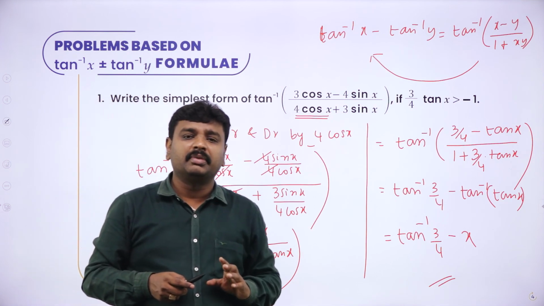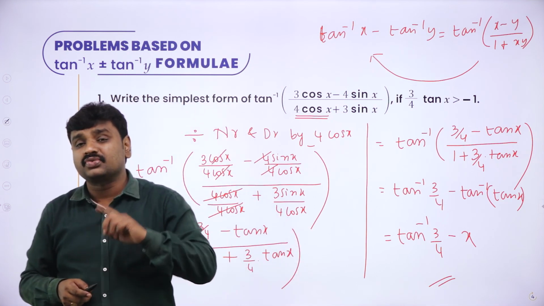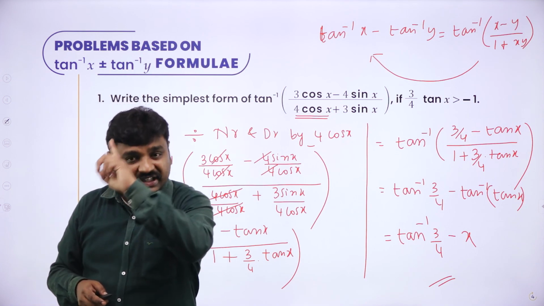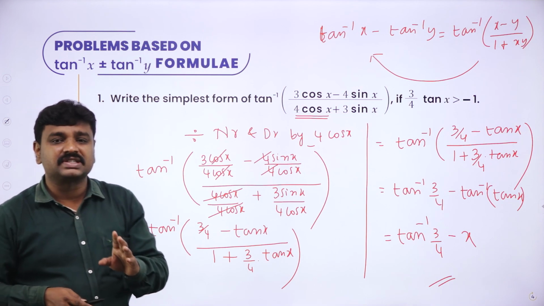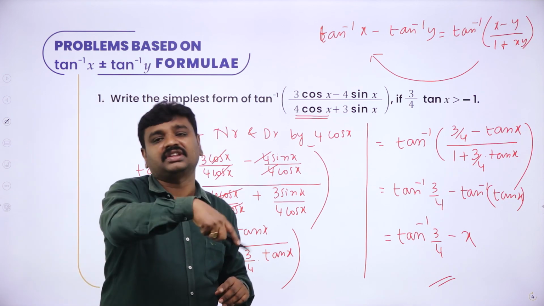But here we did not use and rearrange. I told you to directly remember 1 minus cos theta. What is 1 minus cos theta? 2 sin square theta by 2. What is 1 plus cos theta? 2 cos square theta by 2. Please memorize this. In my next session, first I'll ask this formula, then I'll continue.